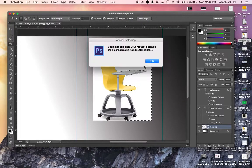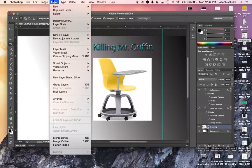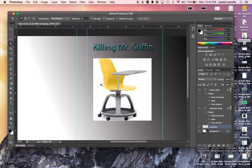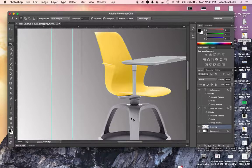I'm going to hit delete, and it says, oh, it's a smart object, so it can't be edited. All right, so I'm going to deselect that. I'm going to go under layer and choose rasterize. Don't ask me what rasterize even means, but I just know if we rasterize the smart object, we should now be able to click here and delete. And then click over here and delete. And then I'm going to go into these couple pockets, get rid of this stuff, and we'll see how this does down here. Excuse me, it's a fairly close gray here, so it might have some issues with really clearing this up. But if I zoom in a little bit more,